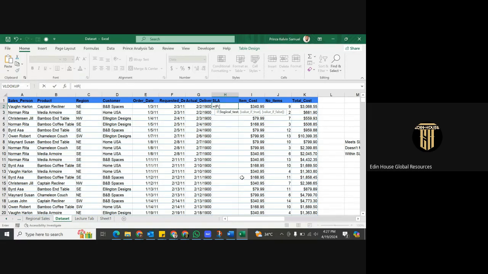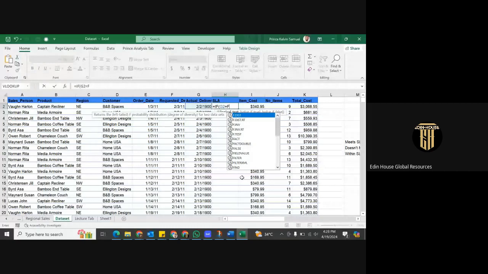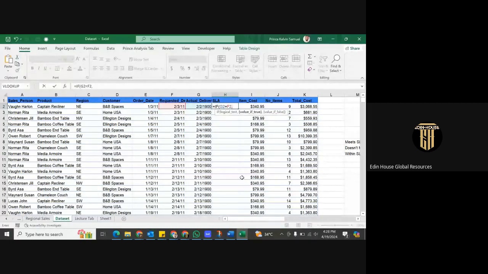So first is IF, open bracket, we're using G2. I want you to learn to use the actual cell name. So if G2 is equal to F2, comma, then we say it meets SLA. Close the quotation mark, then comma, then IF again,